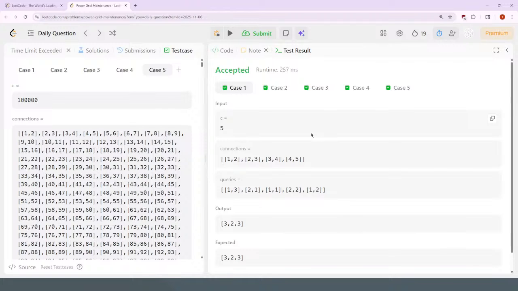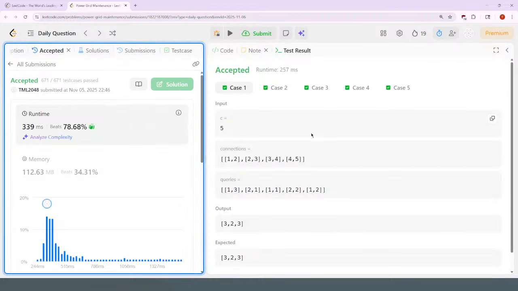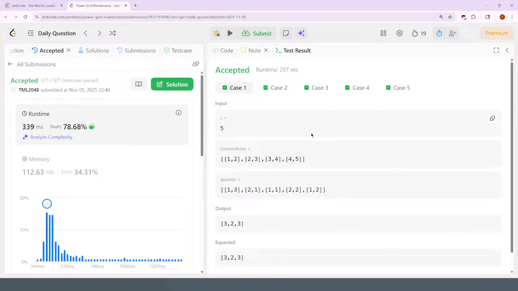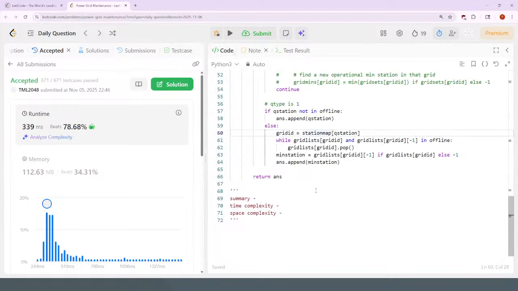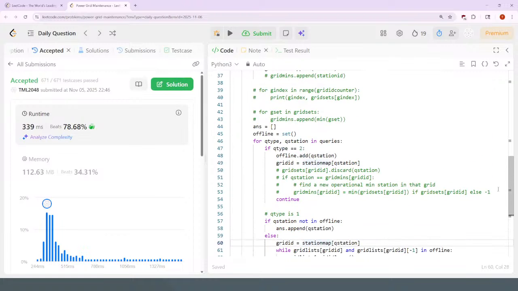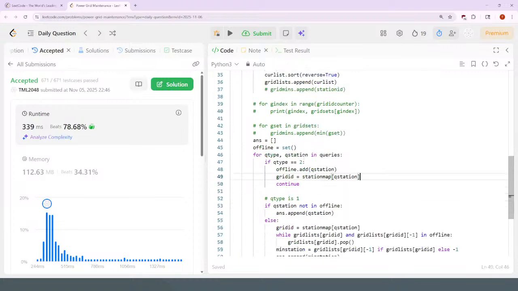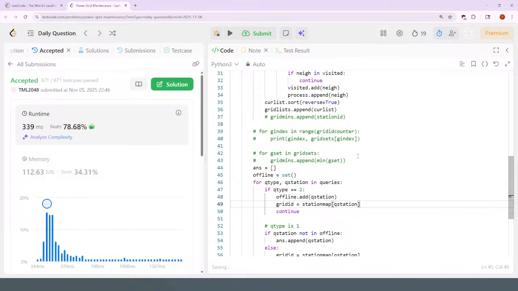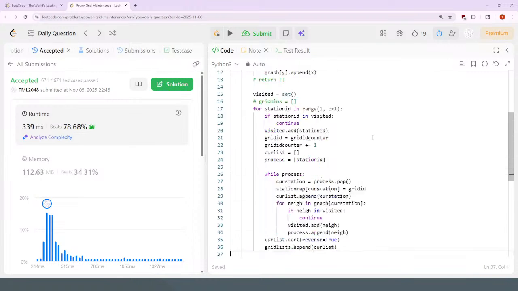I guess that's 257. I guess that's not terrible. Huh. Thought this was pretty darn optimized. Well, I guess I also thought the first part was optimized before I did this, but